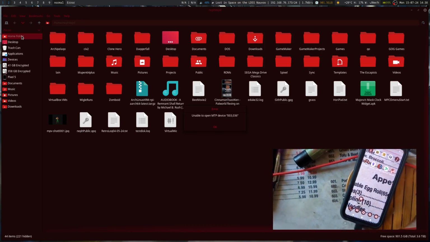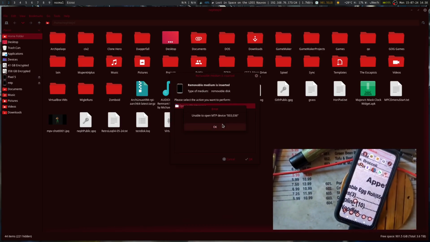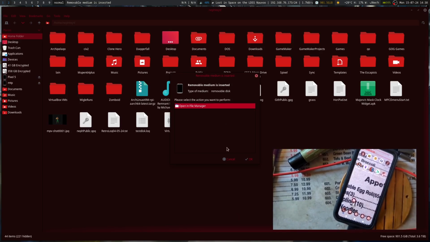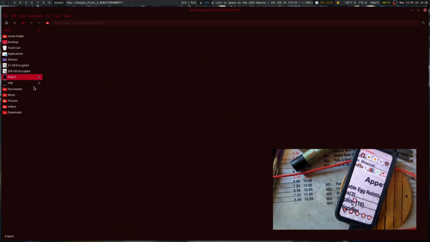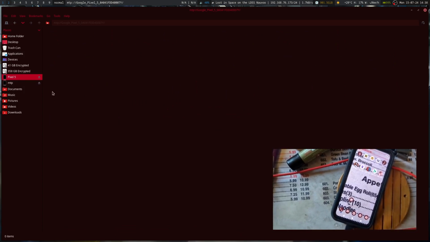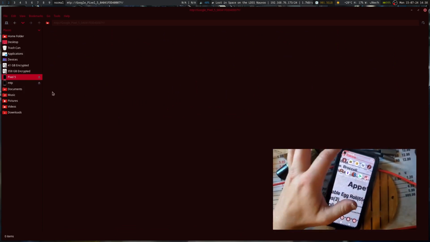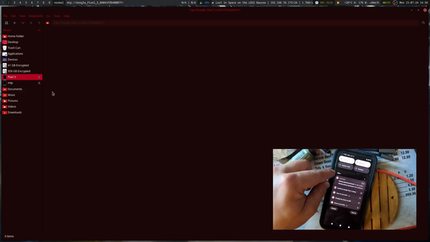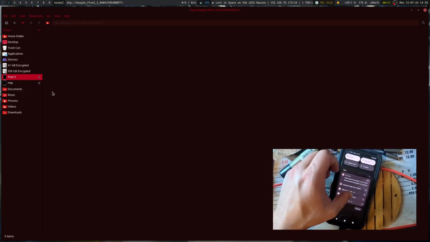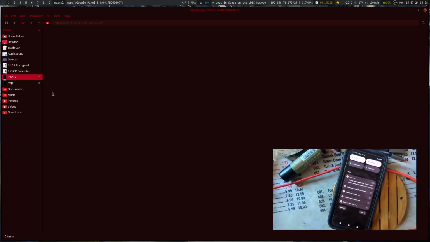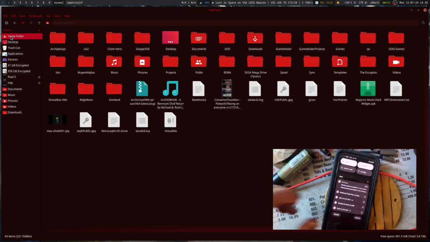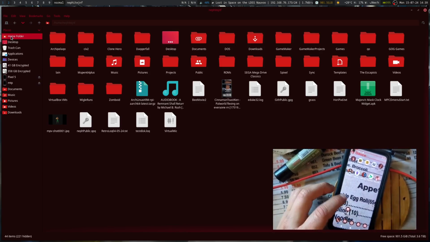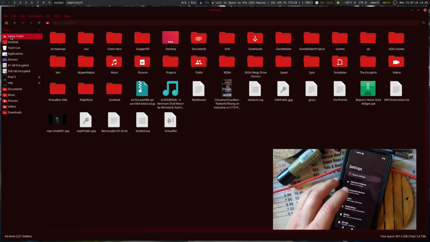So you see the MTP error happens and so on and so forth. We can't really access it. So we cancel, okay. And now we can go in and nothing still comes up. So you can see that it's a charging device. That's what it comes up as. And that's pretty sensible. So let's go over the settings real quick of this one.